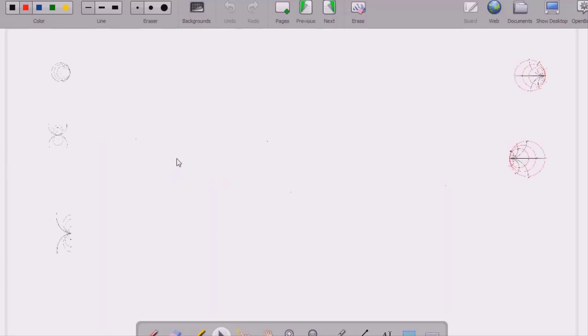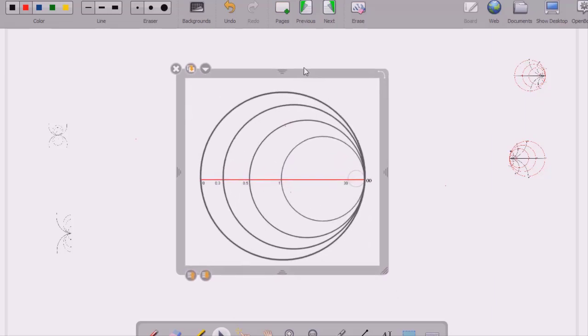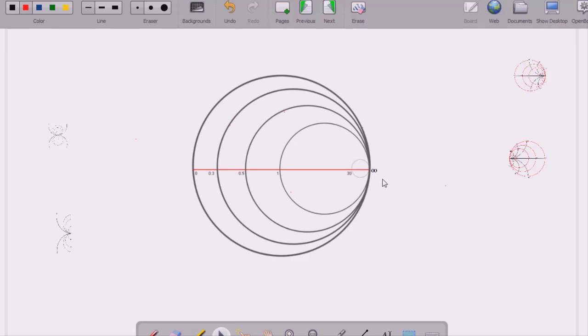So here we will begin with the resistance part. In the earlier graph paper we have seen that there were vertical lines which were representing different values of resistance. Here the Smith chart is a circular chart, so there is nothing like a straight line, but all the lines are modified into circular lines or curved lines. So here you can see that there are various circles, and every circle represents a different value of resistance. For example, this horizontal red line represents different values of resistance like 0, then 0.3, 0.51, then 30, and